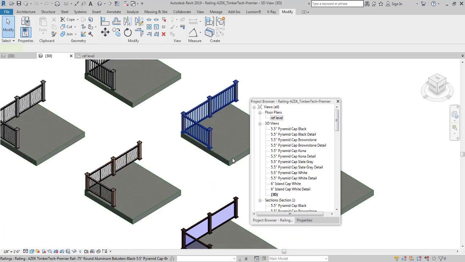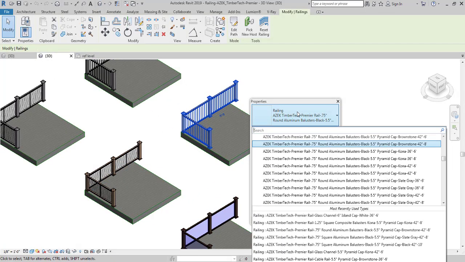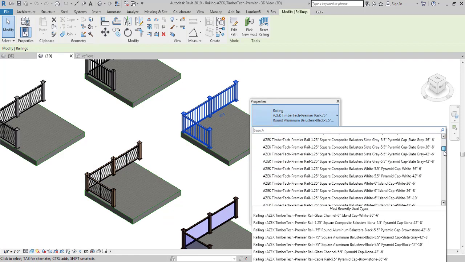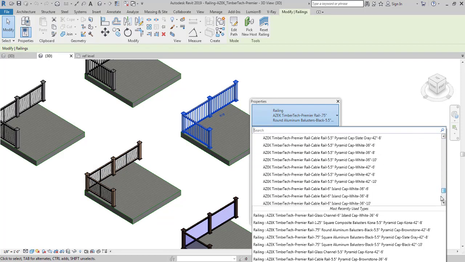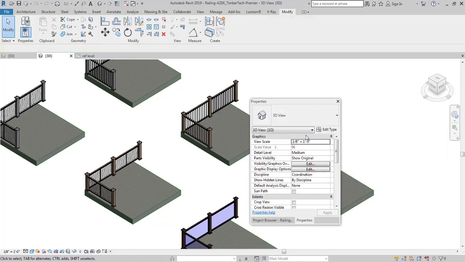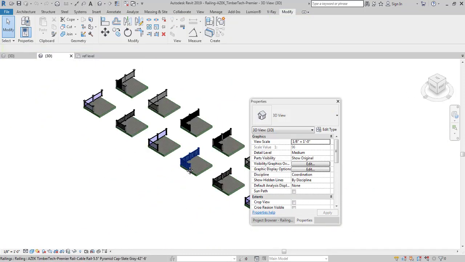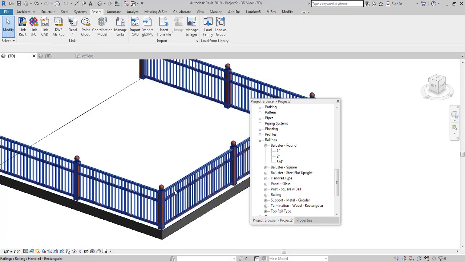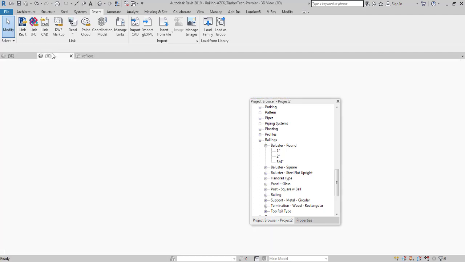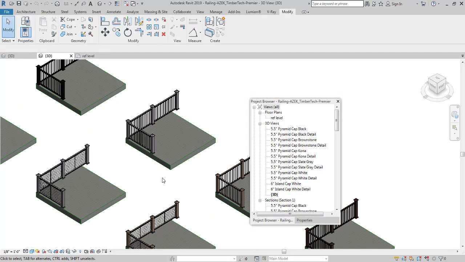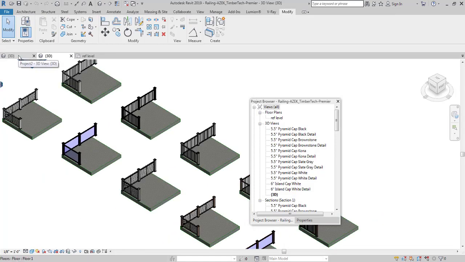So yeah, let's see, for example, as you can see, there are a lot of railing types available over here. So instead of doing all of this yourself, even though it's very handy, and there's a reason I taught you guys how to create railings yourself, the smarter way would be to get a file which has all of these railings already made, and just import them into the project.